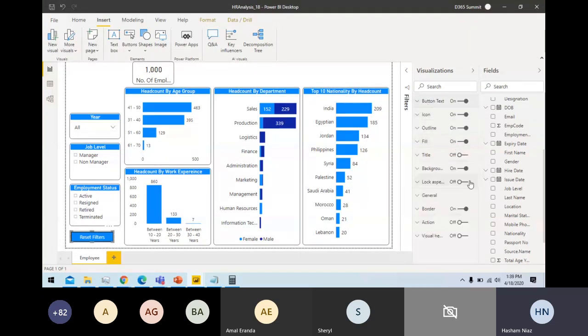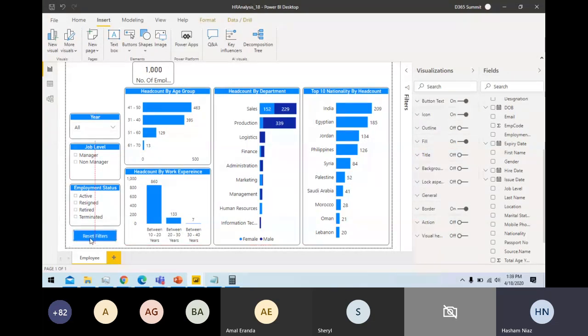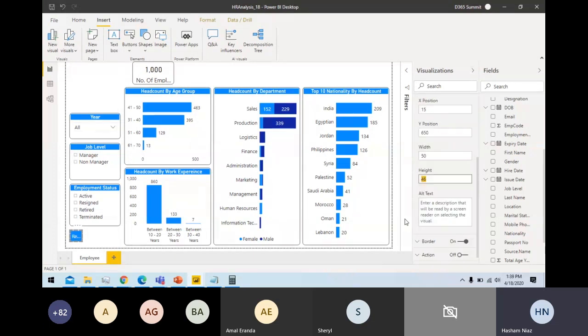So from where I can remove this background, I can turn this off, outline, I can turn this off. So this is now more matched with my theme, right? So here we have this particular button. We can actually adjust this button here as well. We can adjust the size because everything starts with this. So 650, and then we have 50 here, and sorry, height is 50. Okay. So I have adjusted the button here as well.